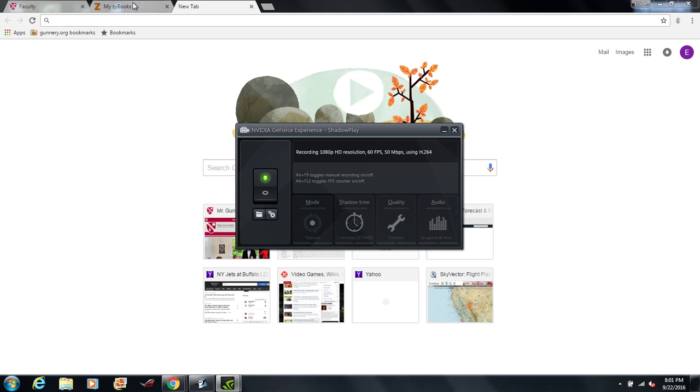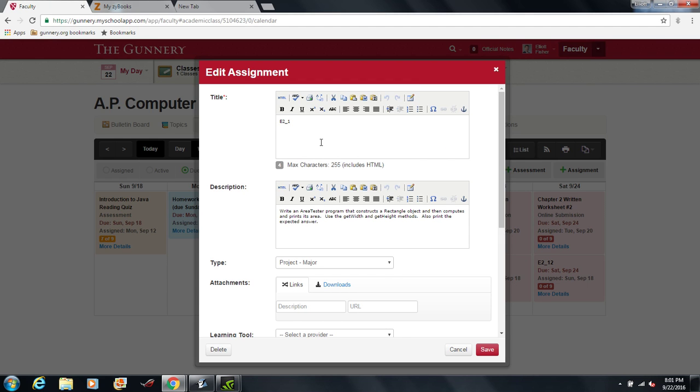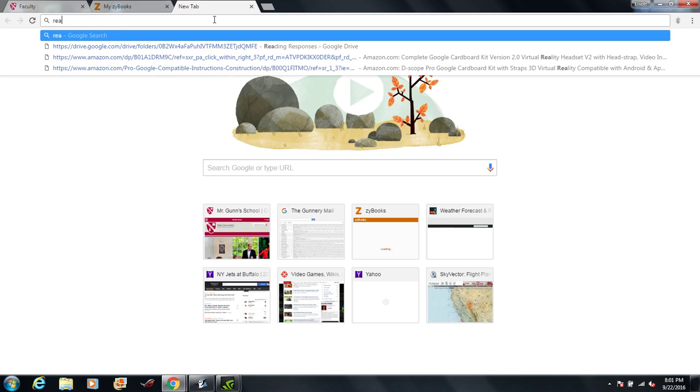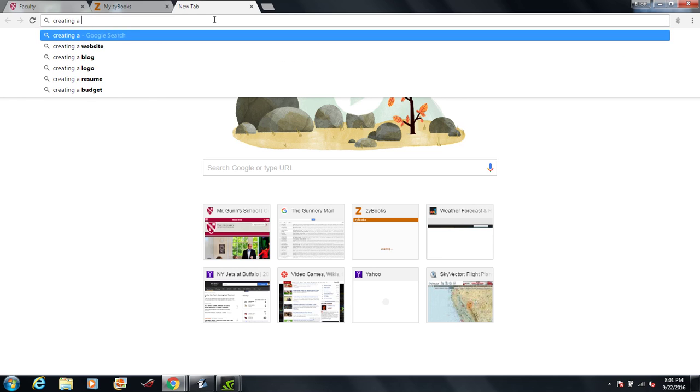Everybody's here. So we're starting on the first one, E2_1. Okay, so write an area tester. Again, if you don't know how to do it, you go create a rectangle